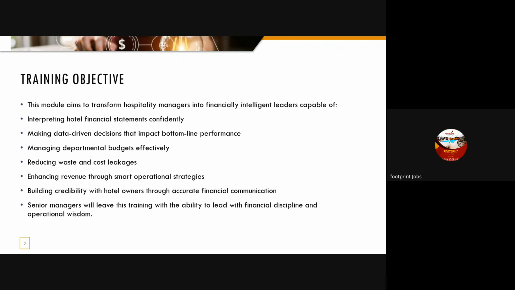So I will just jump into the training objective right away. Now, this model aims to transform hospitality managers into financially intelligent leaders, capable of, number 1, interpreting hotel financial statements confidently. Number 2, making data-driven decisions that impact bottom-line performance. 3, managing departmental budget effectively. 4, reducing waste and cost leakages. 5, enhancing revenue through smart operational decisions and strategies. Next one is building credibility with hotel owners through accurate financial communication. And lastly, senior managers will leave this training